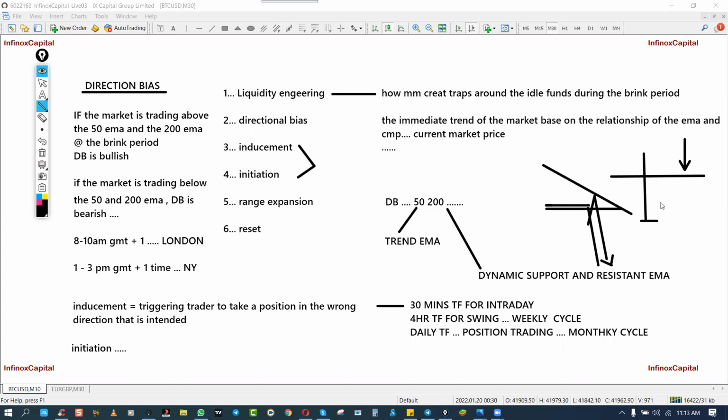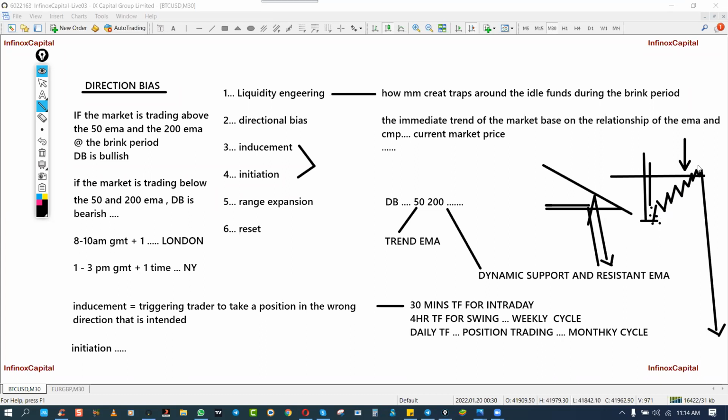People that actually want to trade with the market, they will quickly take a sell with the hope that it will continue going down, and put their stop loss within the body of this candle. So when they put the stop loss here, the market maker knew that the stop loss has already been placed. Then they will go up, they will go up like this, and then later continue to sell the market.